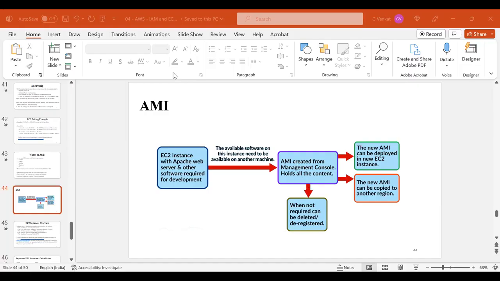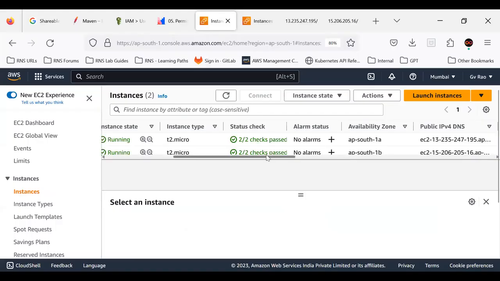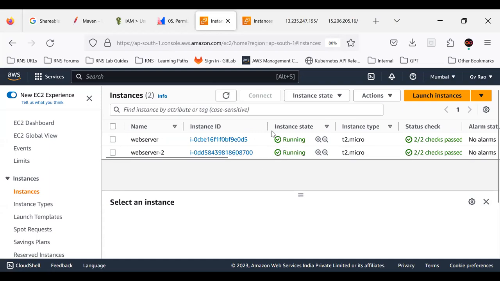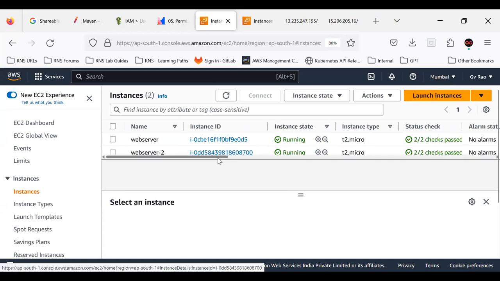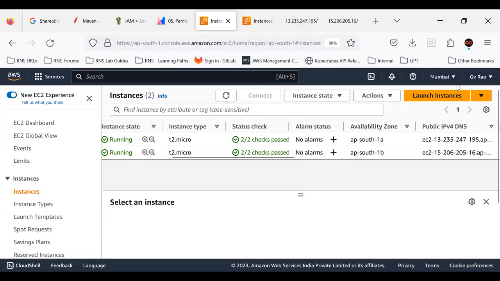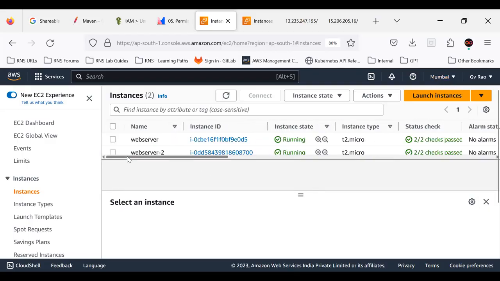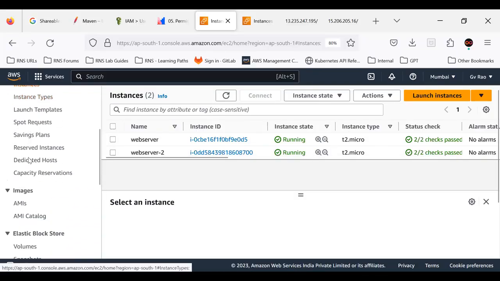Now if you try to understand this process, these two instances are in different availability zones in Mumbai. But if this region fails, all the instances will be lost. If you'd like to have it even if this region fails, we need to have a backup of the instance. So if the client wants that kind of backup mechanism, then what we can do is